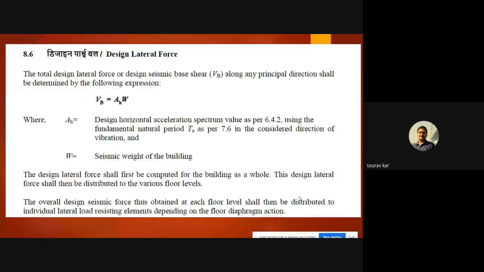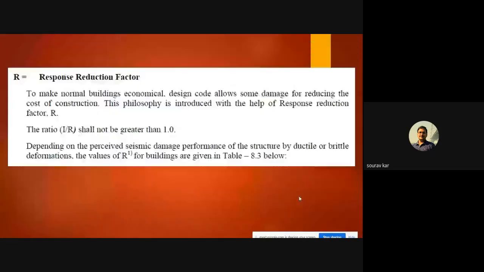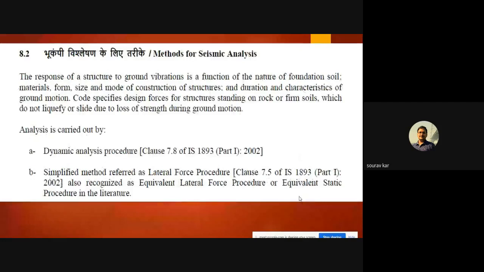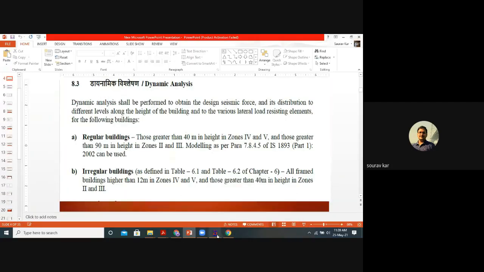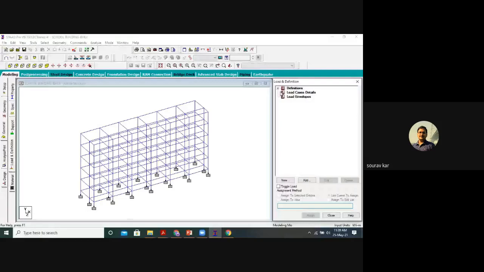Before directly adding the loads, we will not add the loads yet. This is the difference. First we will go for definition. You click on this plus sign for definition.